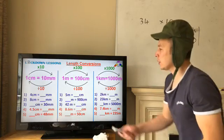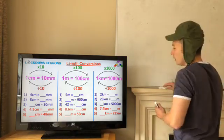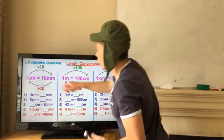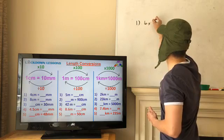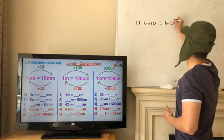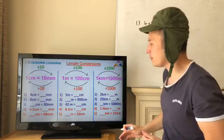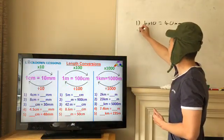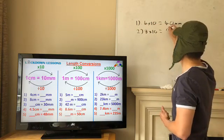Right, let's have a look at some of these if you are struggling. So for the first one, to change centimetres to millimetres, look at the arrow there, we are timesing it by 10. So question 1, we would do 4 times 10, which equals 40 millimetres. Question 2, to get from 8 centimetres to millimetres, it's the same again, we are timesing by 10, which is